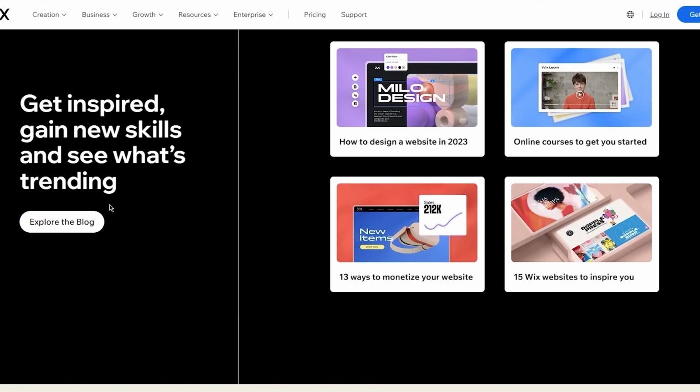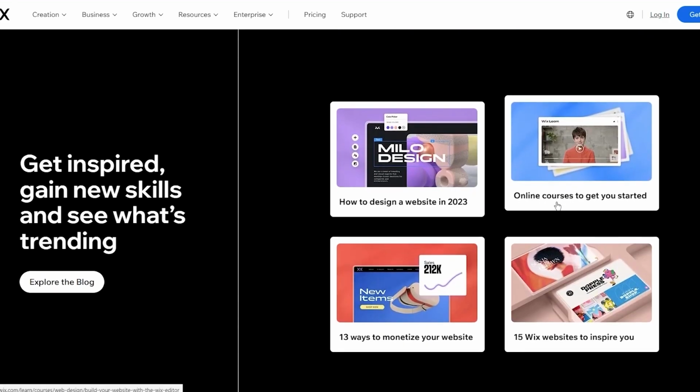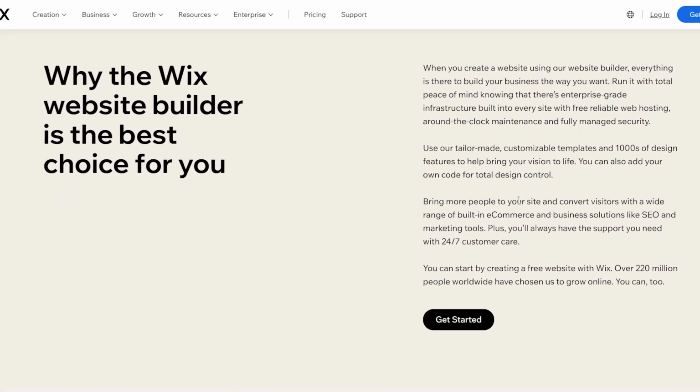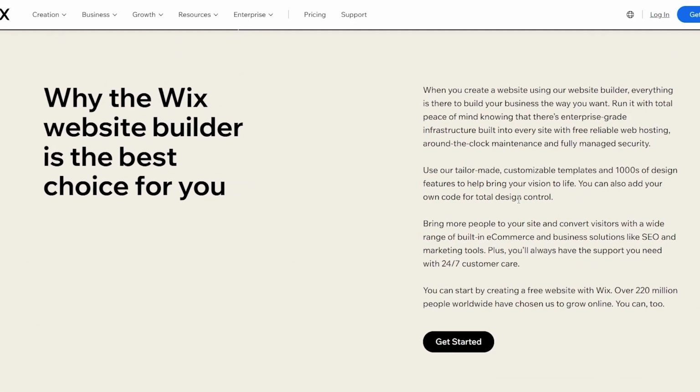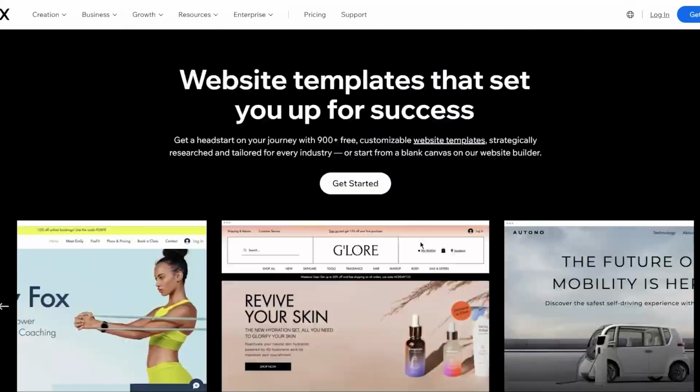You can also get inspired and gain new skills and see what's trending, like how to design a site, online courses, 13 ways to monetize, 15 Wix websites to inspire you, and more stuff like that. You can also read why the Wix website builder is the best choice for you, because many people use it. Many users have used Wix to create their websites, and it's worked perfectly. No one has ever complained. And yeah, so now that we have discussed all that, what we're gonna do is obviously we're gonna go into